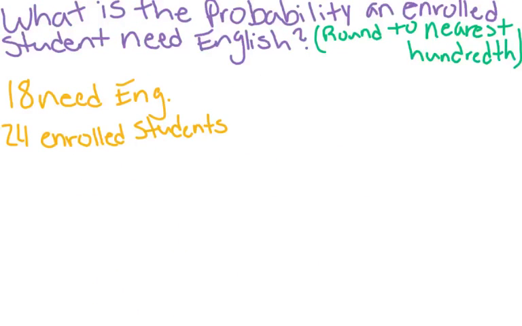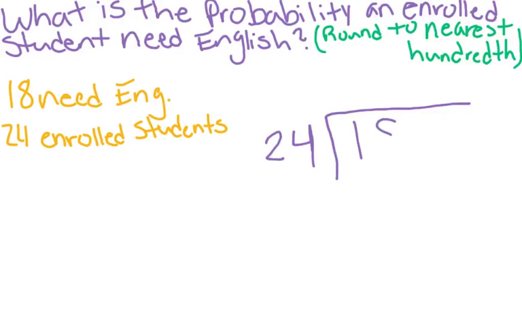What is the probability an enrolled student needs English? 18 need English and 24 students are enrolled. How I got this answer is by going back to the chart. So how we would get the answer is we would do long division. So the 24 would go on the outside. So then you put the 18